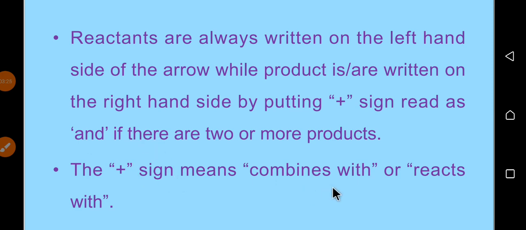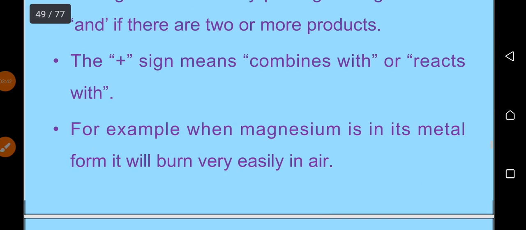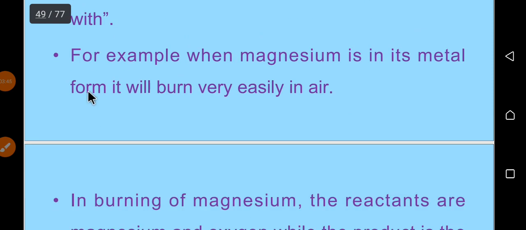And the plus sign means combine with or react with. ፕላስ ሳይኑ combine with ወይም ደግሞ react with ብለን ማንበብ እንችላለን ኤንድ ከሚለው በተጨማሪ ማለት ነው። ስለዚህ የፕላስ ሳይኑን ከተመቻችሁ ኤንድ ካልሆነ combine with ወይም ደግሞ react with ብላችሁ ማንበብ ትችላላችሁ። For example, when magnesium is